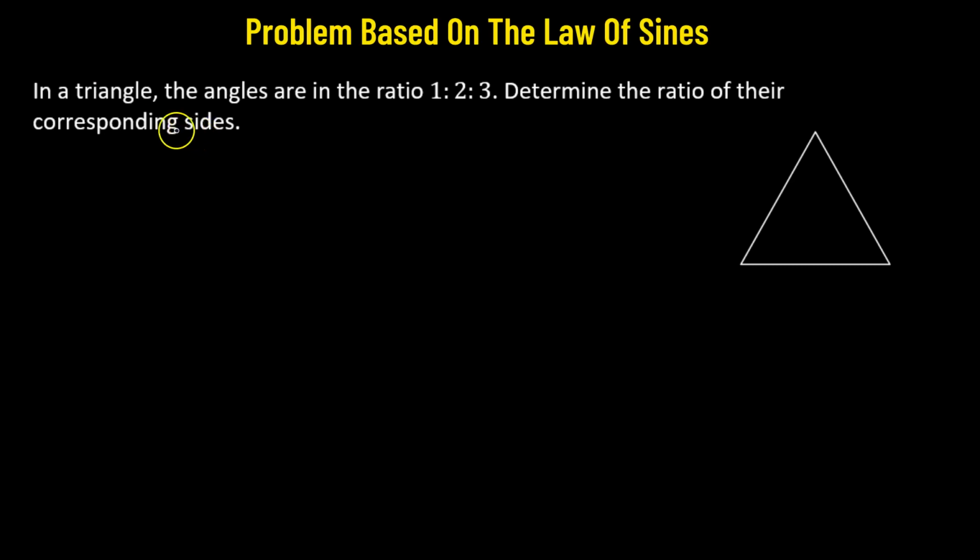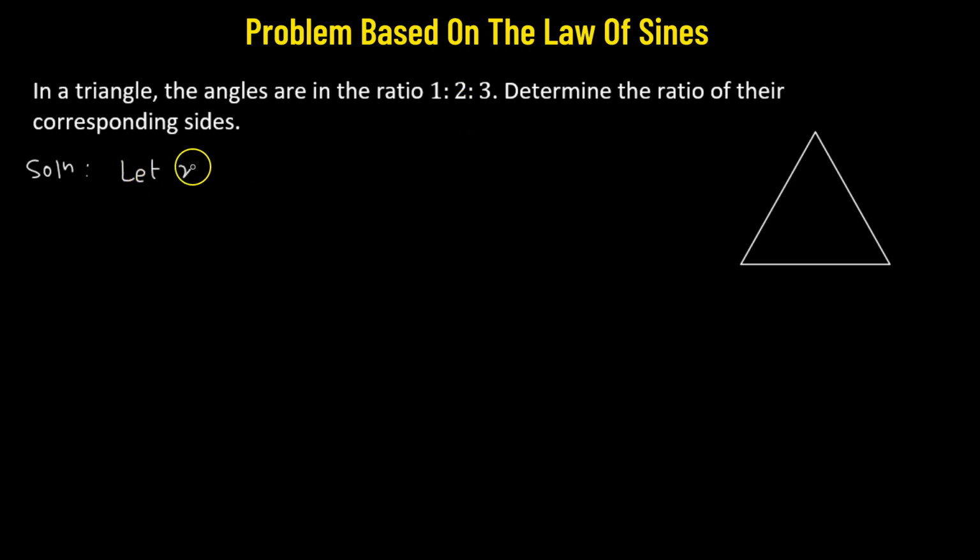In this problem, we are given a triangle whose angles are in the ratio 1:2:3. We're going to determine the ratio of the corresponding sides. So let us begin. First, since it's given here that the angles are in the ratio 1:2:3, we can